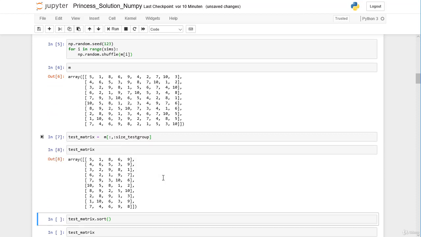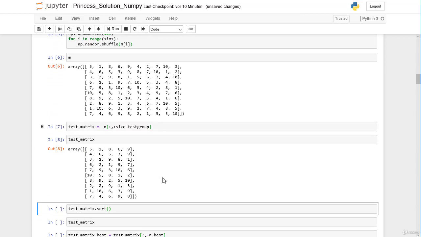And let's also check this. So here we can see we have sliced our matrix M. So we sliced it here actually. So here in our first row we have 5, 1, 8, 6, 9, 5, 1, 8, 6, 9. So this works. And then we have to sort each row from high to low or low to high, and